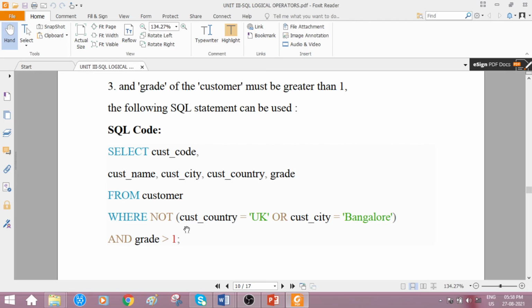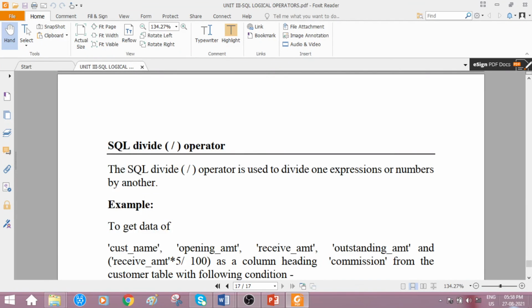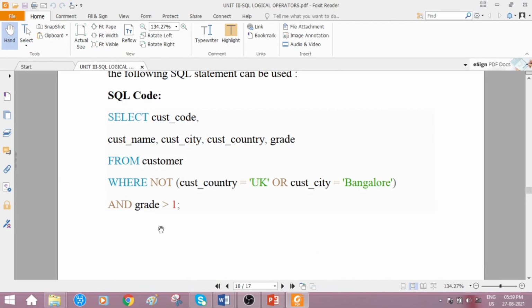Observe here. Customer country equal to UK. If it finds customer country equal to UK, then it makes it a false value, that is, customers whose country is not UK are considered. Suppose the customer country is other than UK, then it goes to the other condition, that is customer city is Bangalore, and the third condition, grade greater than 1.